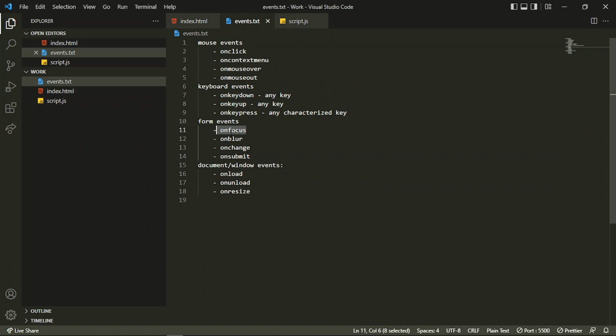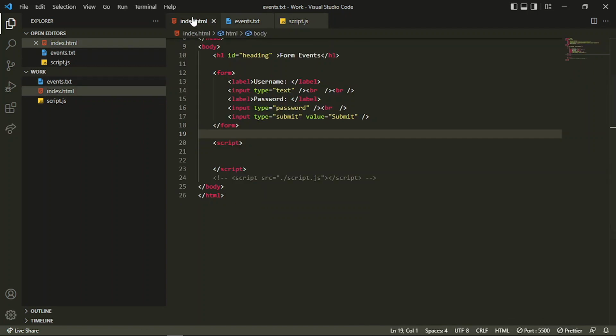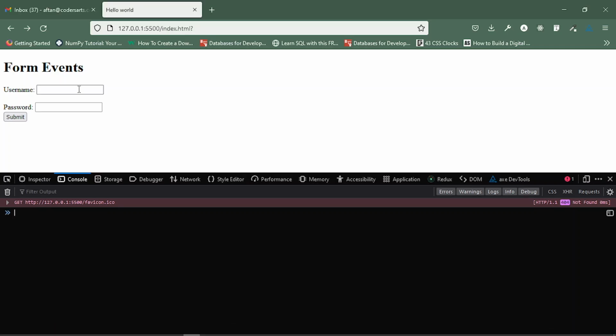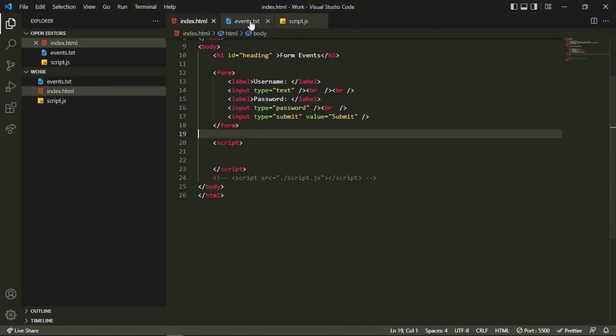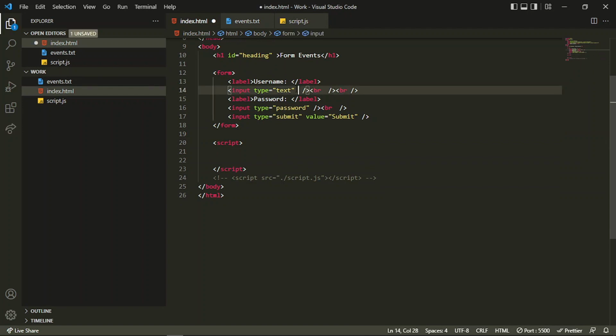So this one is the first event, onFocus. This event happens when somebody clicks on any input field. So if I click on that, this is the active state or focus state of an input field, which you can use here. For example, in this input field I can add an onFocus event, and I can pass any function or any alert here. Let me pass some function. Let's say I pass logMe,